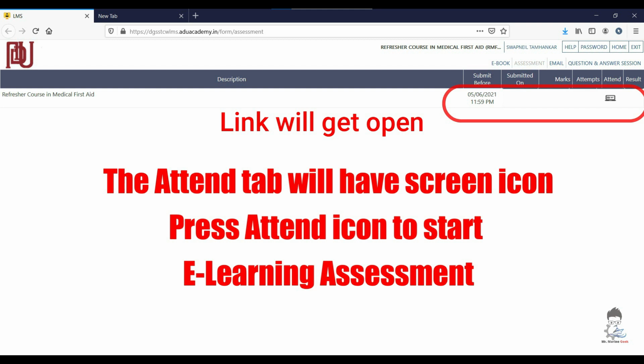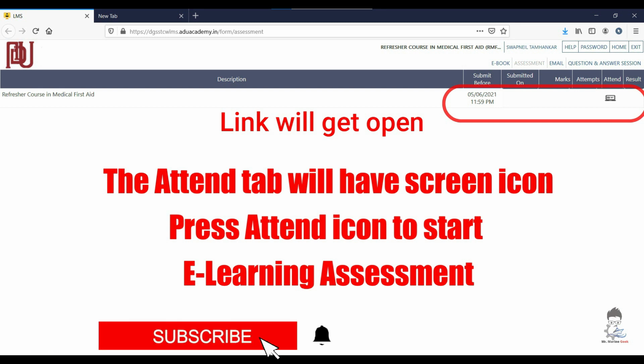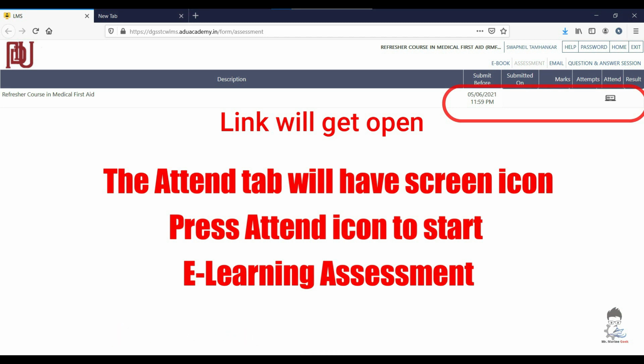The attend tab will have a screen icon, and there will be a small laptop-like icon under the attend tab, and you just have to press this particular attend icon to start your e-learning assessment.